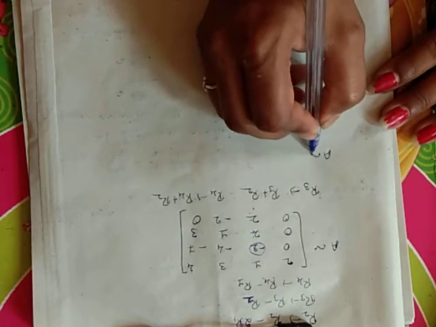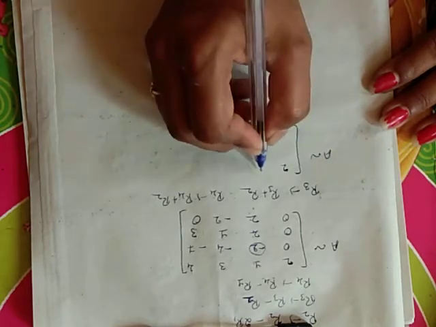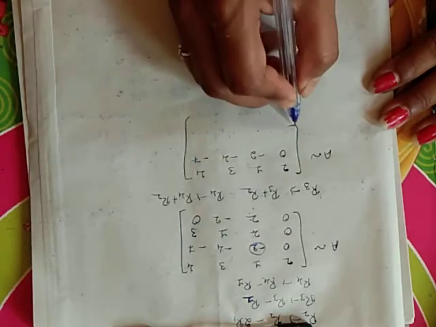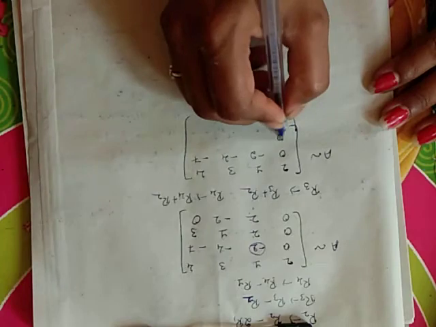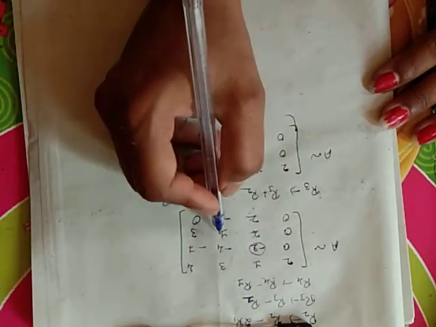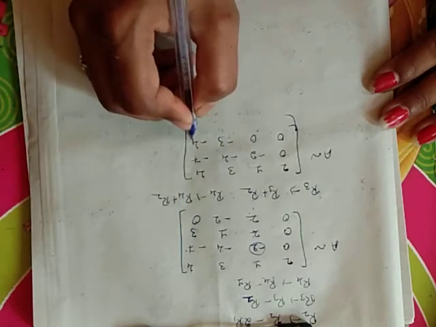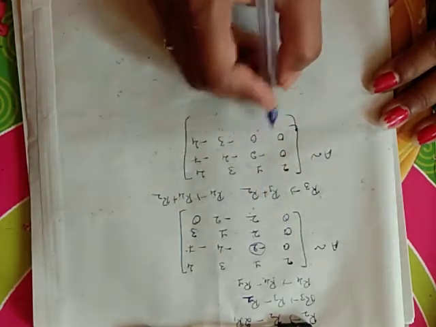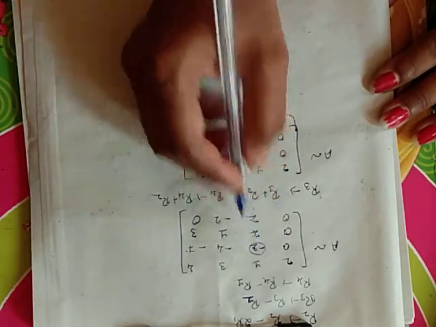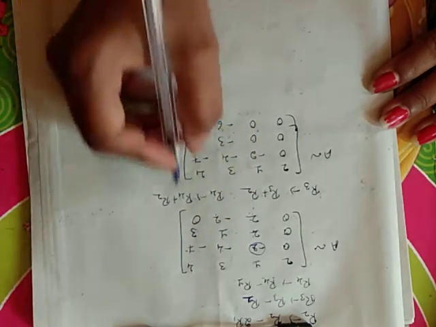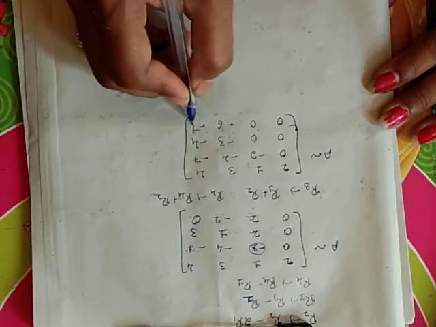Now your matrix is equivalent to, keeping the first row elements as they are and the second row elements as they are: 0 plus 0, 0, 2 minus 2, 0, plus 1 minus 4, minus 3, plus 3 minus 7, minus 4, 0 plus 0, 0, 2 minus 2, 0, minus 2 minus 4, minus 6, 0 minus 7, minus 7.